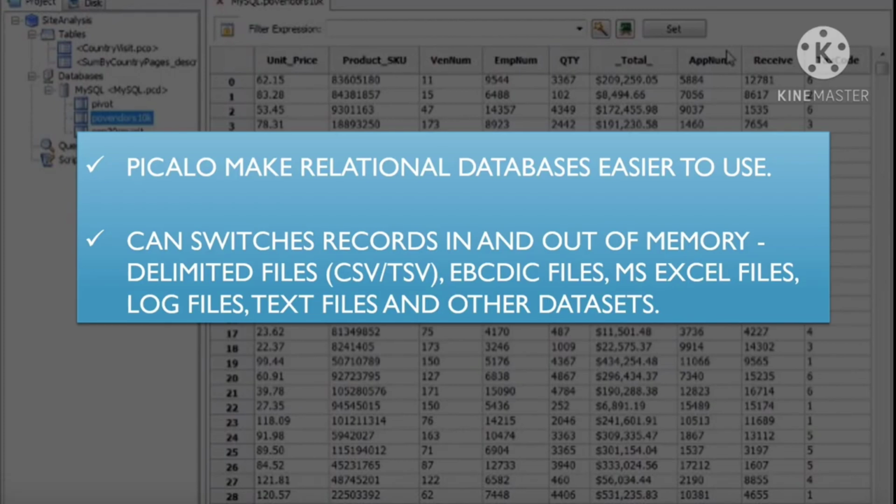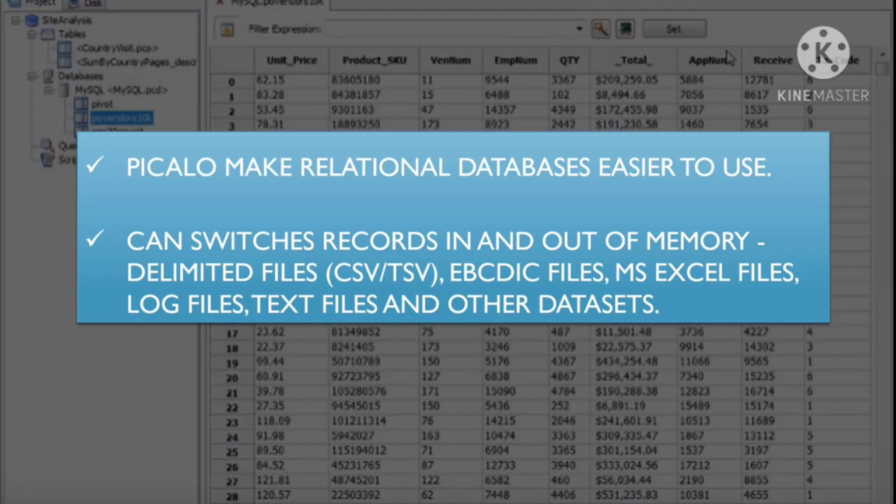One of its main goals is to make relational databases easier to use. Once a user has a table, he can add, move, or delete columns, work with notes, select and group records in various ways, and run analysis on tables. Picalo includes adapters for frequently used database types, and it provides query objects that make queries look the same